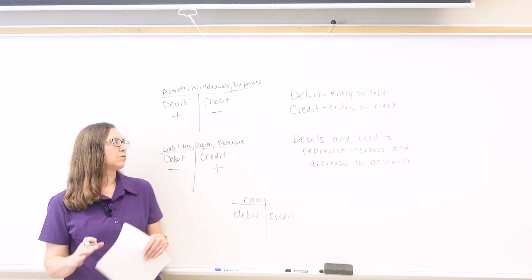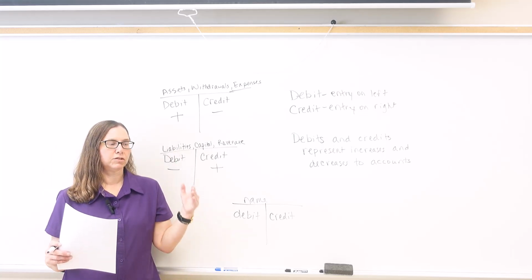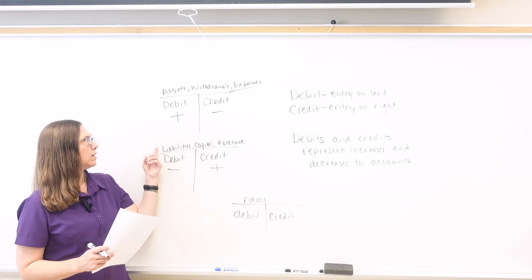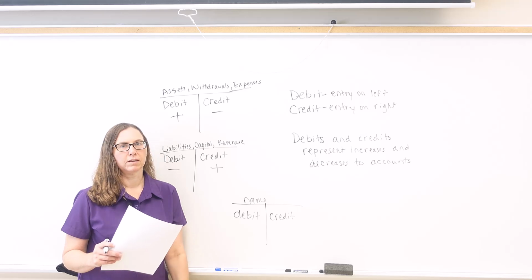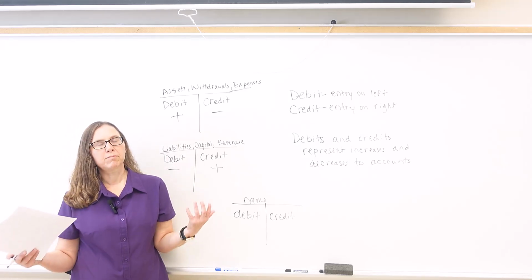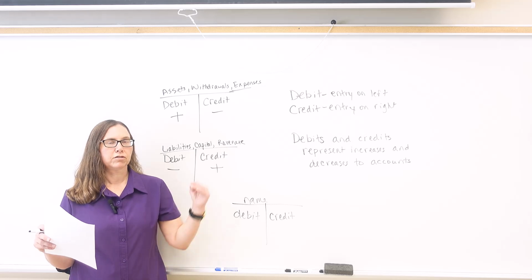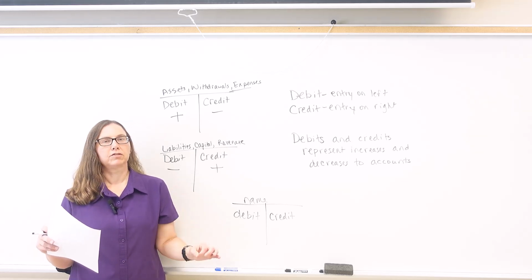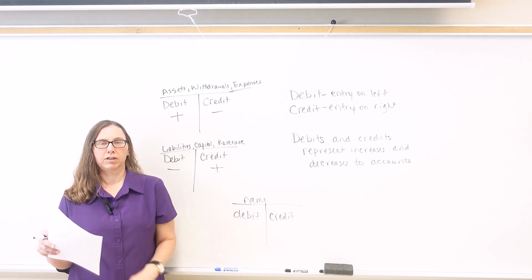That's all. If you just memorize these rules, then anytime you see a transaction, you would just look at it, try to figure out what accounts are affected. As long as you know the account type, you'll know whether to debit or credit something. And then remember also that the accounting equation has to equal. Well, your total debits also have to equal your total credits. So not only does your accounting equation have to equal, but your total debits and total credits have to equal